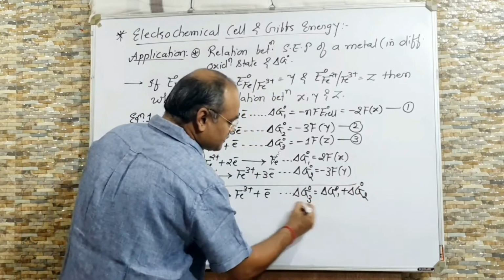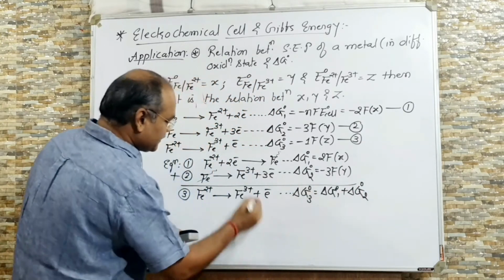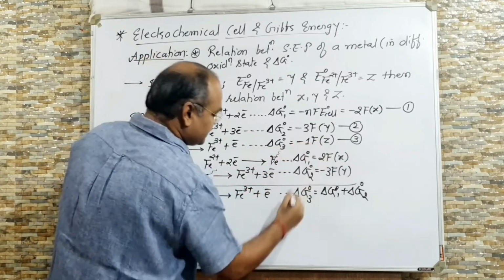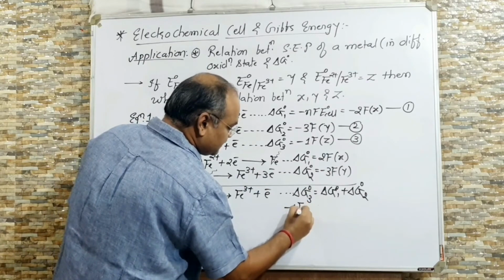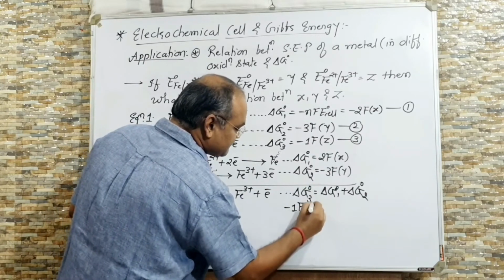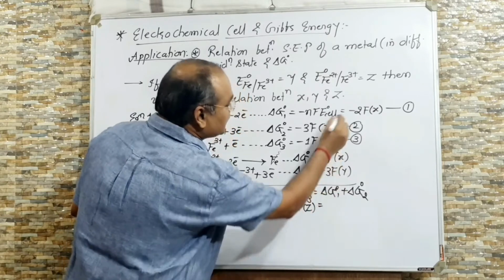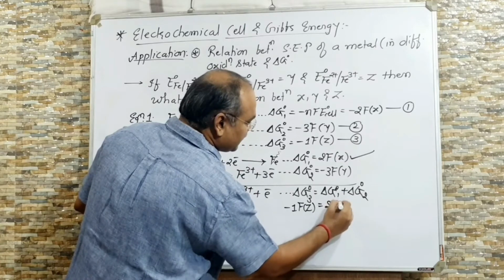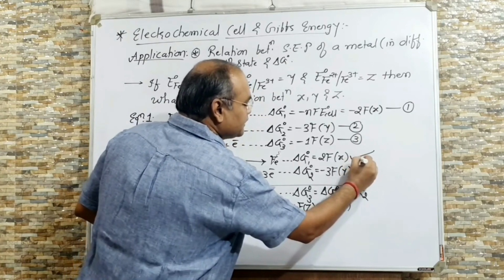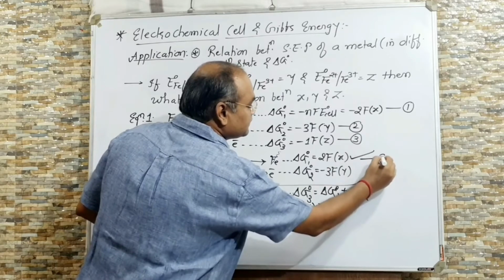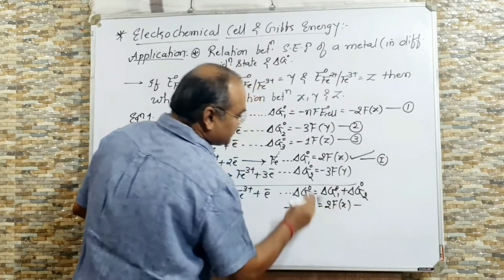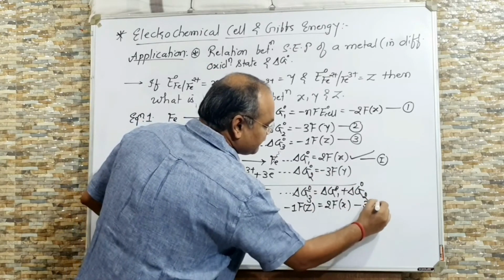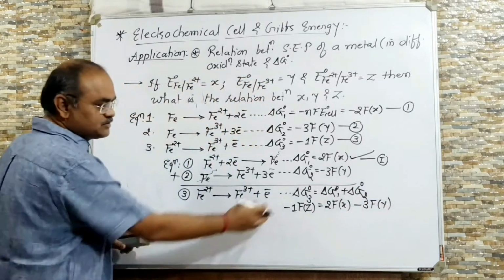Now you know the values. What is delta G03? Delta G03 is equal to this one, minus 1 Fz, minus 1 Fz is equal to delta G01, this I will take this time, 2Fx, because now we are considering these as 1, right? Minus, actually I have to add it, but here it is minus sign, so minus 3Fy. This will be your equation.